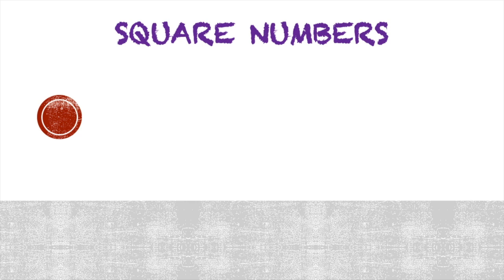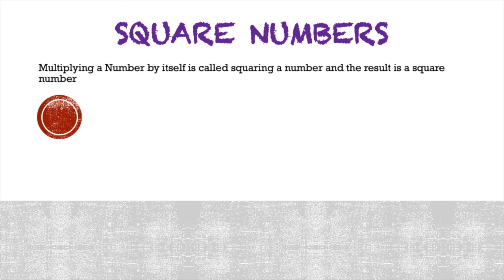Another type of number I would like to discuss is a square number. Now, we get a square number when we multiply a number by itself. If we multiply the number 1 by itself, for instance, we would get 1. If we multiply 2 by itself, and here this